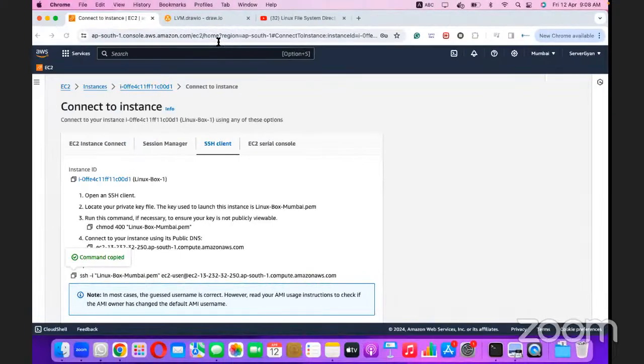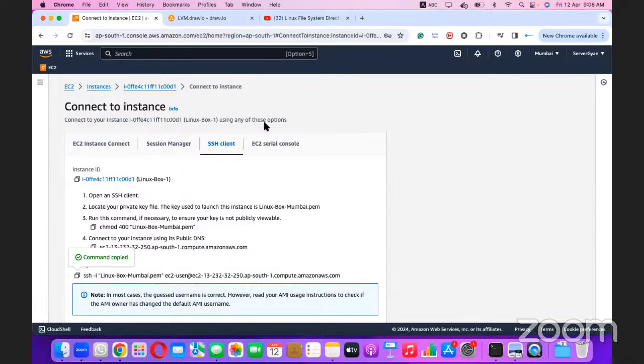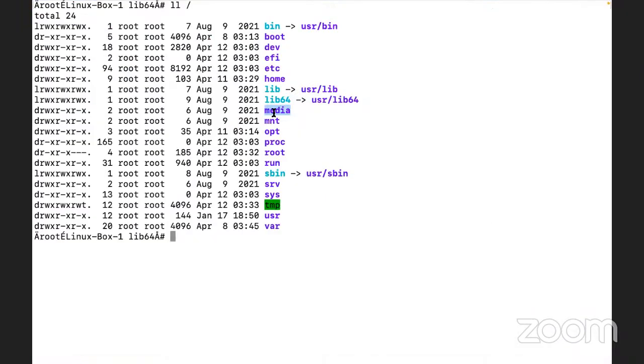Let me show you something. As soon as you plug the pen drive into your OS, there will be an icon of that pen drive with some different letter or name on your desktop. Have you ever seen that happening? Yes. So by default, in the backend, that gets mounted onto the /media location.